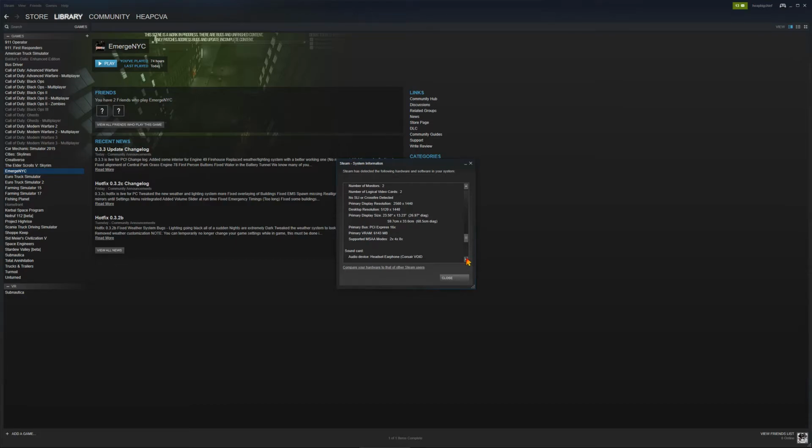As we scan down, I remember the days when everybody had a sound card. Now most everybody uses what's on the motherboard, which I do too. And then your regular physical memory, your RAM, I've got 16 megs. Have a minimum of 4. Don't go below that.